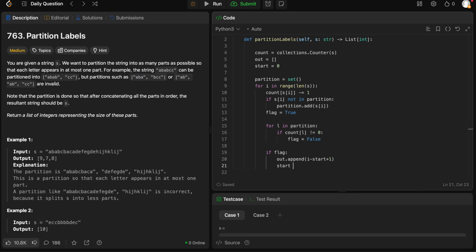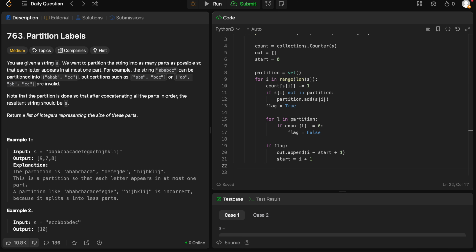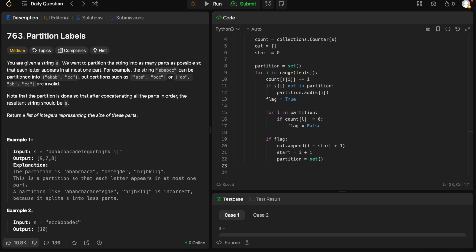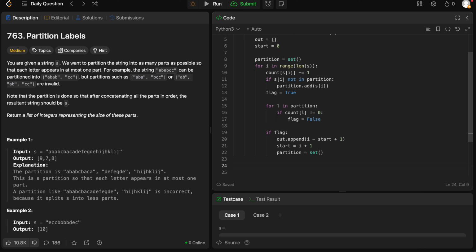And then I have to do start is equal to I plus 1. Start is I plus 1, and partition is equal to set, empty set. So start is increased, and then I just have to check